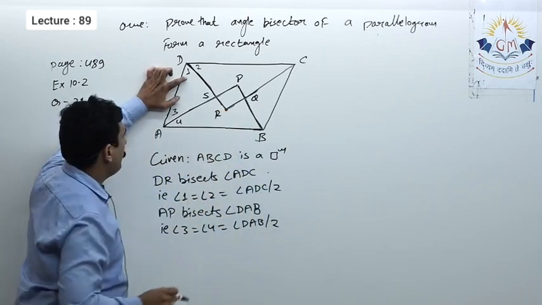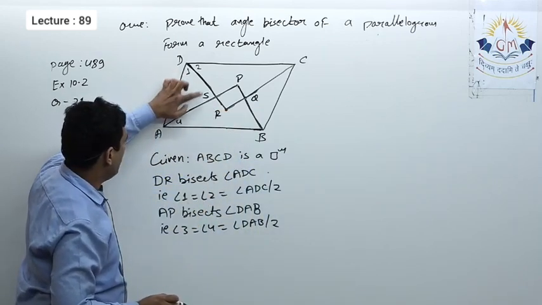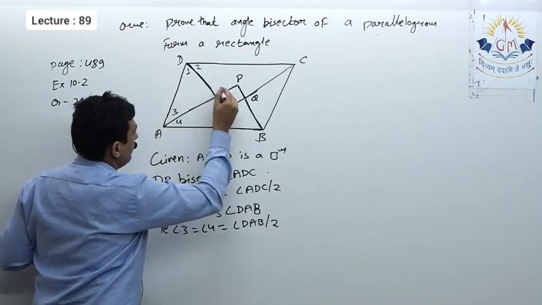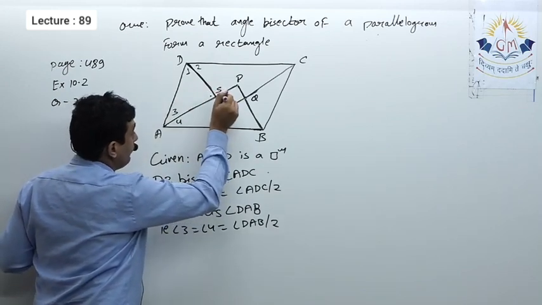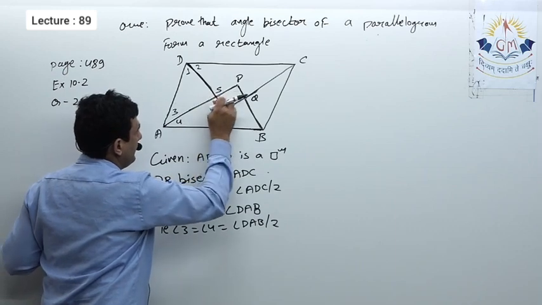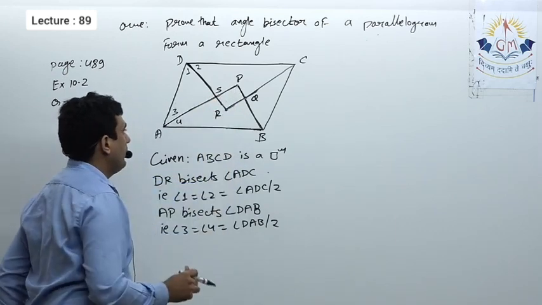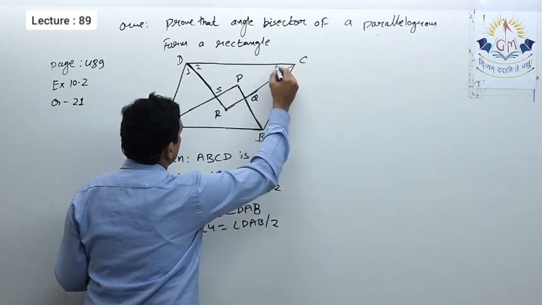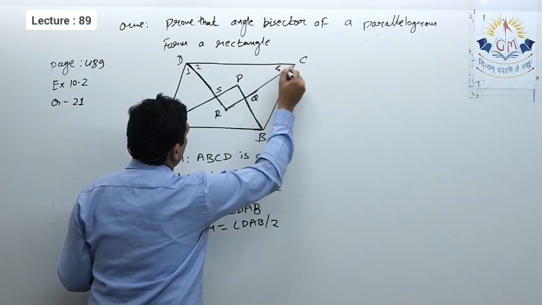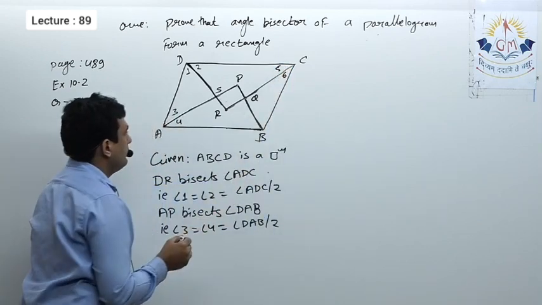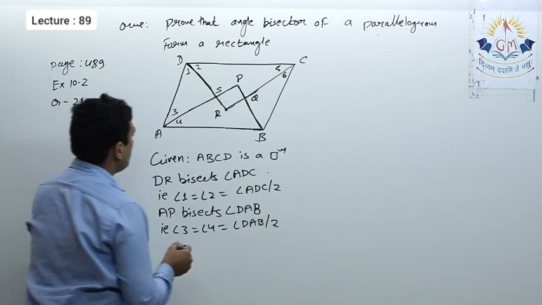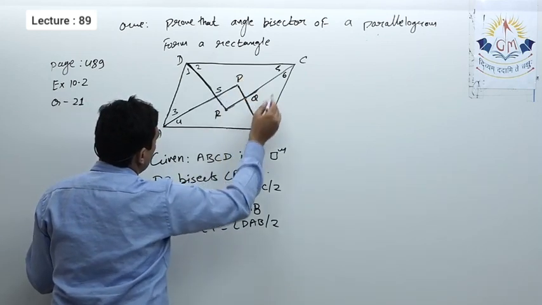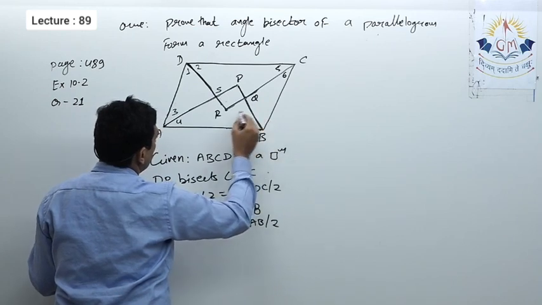Now if I apply the angle sum property in triangle DAS, I will get this angle 90 degrees. So by vertically opposite angles I will get this angle 90 degrees. Then I have to follow the same method for this. Suppose this is angle 5, this is angle 6. S is 90, by this I will get R is 90.